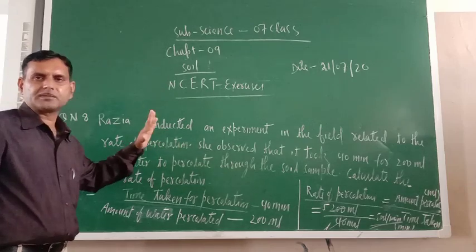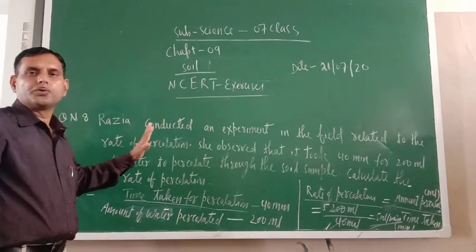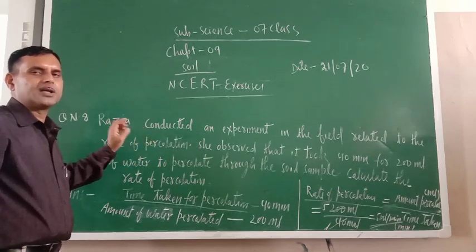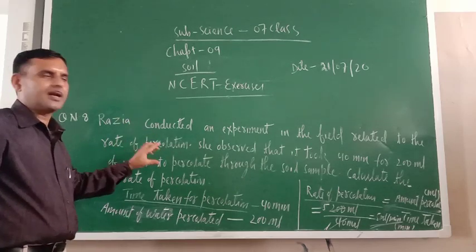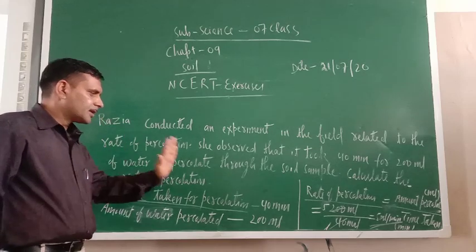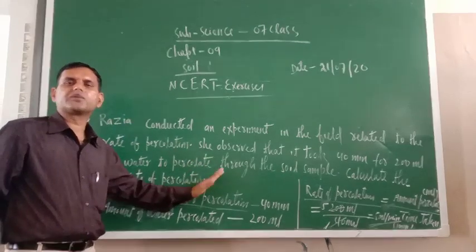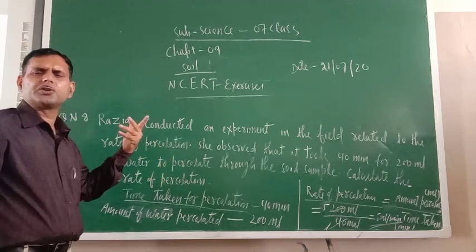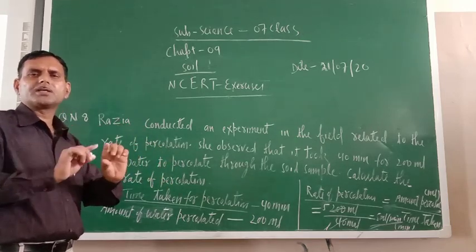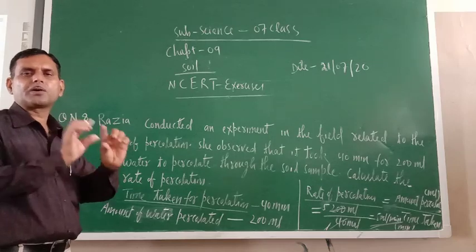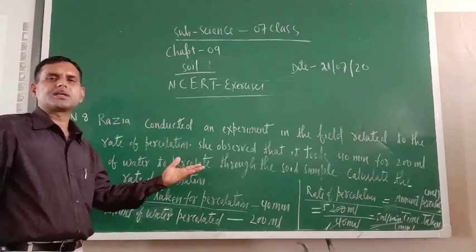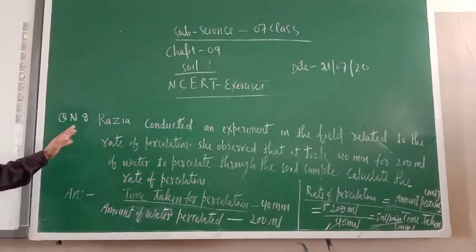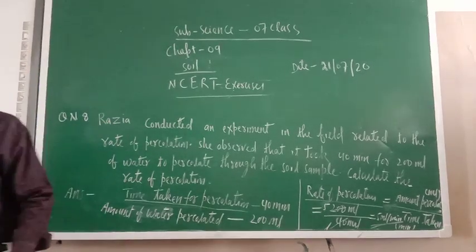Same question I will show you in extra marks also. So no need to worry. But remember, in this unit one numerical is given and this numerical should be solved in this way. So I am hoping that you understood. Just put the things which are given in the percolation rate formula. Answer automatically you will get. Now let us move to question number 9 and 10.